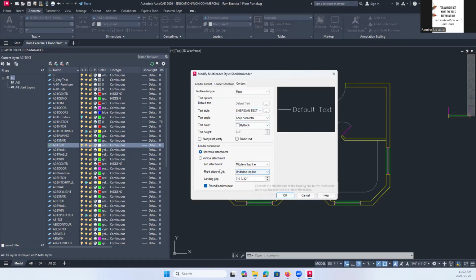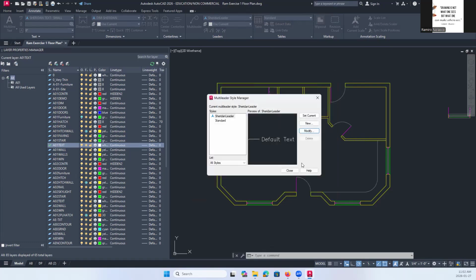And then here, middle of top line for left attachment, underline top line, leader gap 3/32, extend leader to text. It's pretty much what you have, just changing the text style.